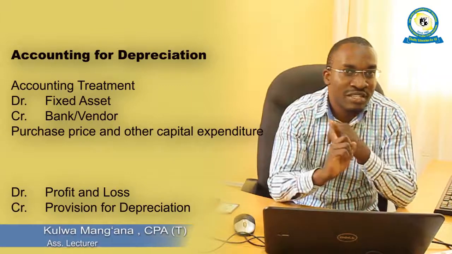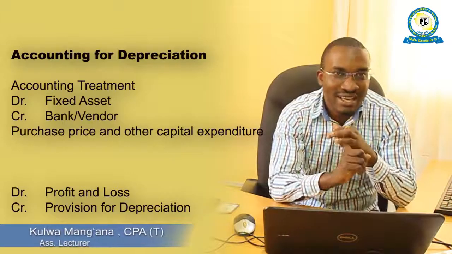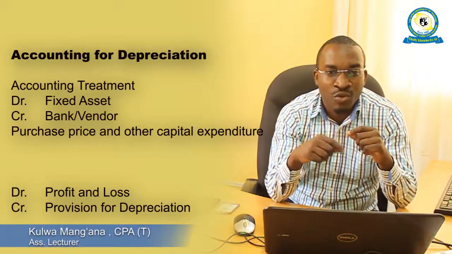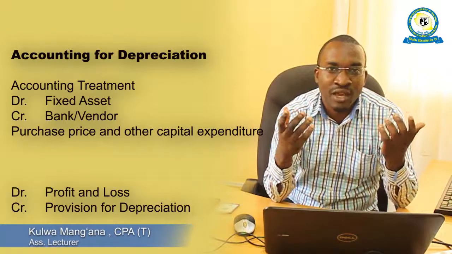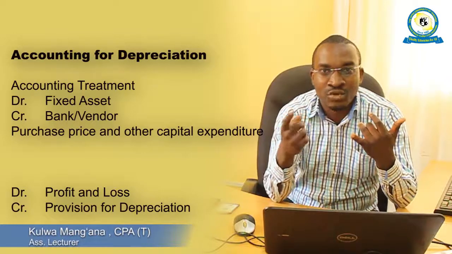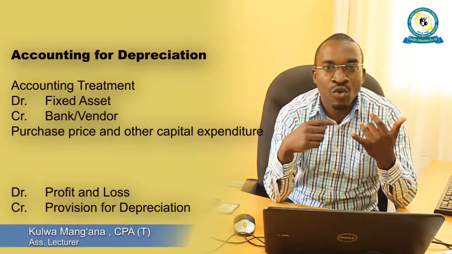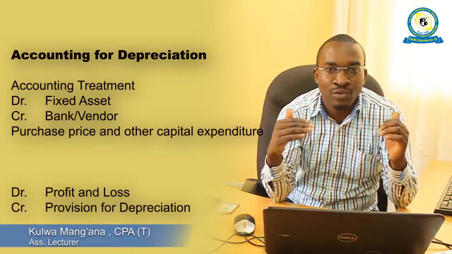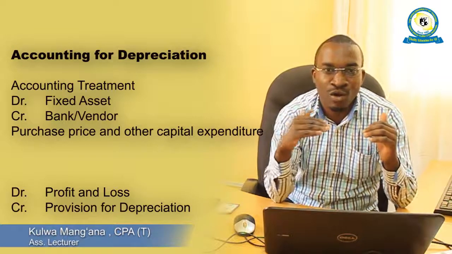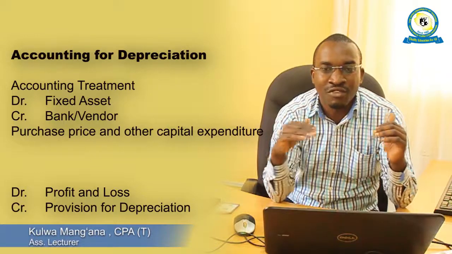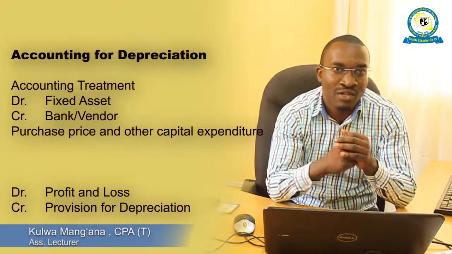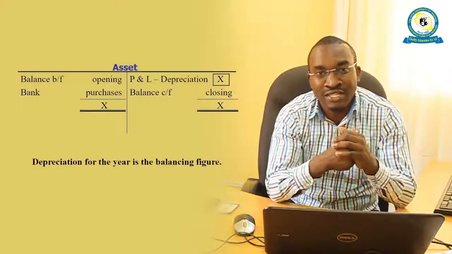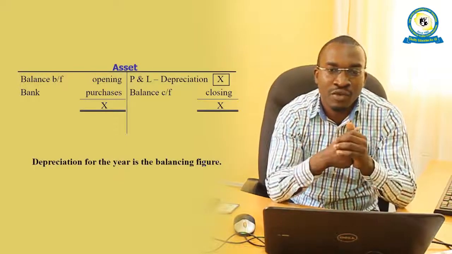You're supposed to debit the fixed asset, and you're supposed to credit the bank or the cash account when you purchase an asset, because when you purchase an asset for the first time, you're going to use money to purchase it. So there is an outflow of money. An outflow of money will mean the credit of that transaction, that account that is giving money, be it a cash account or bank account. But you're going to add a new asset, which is a fixed asset, because you're going to buy an asset, so you're supposed to debit.